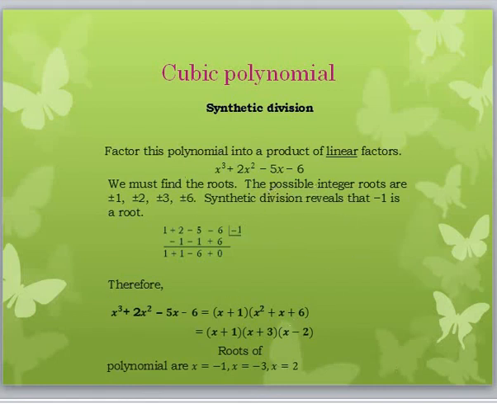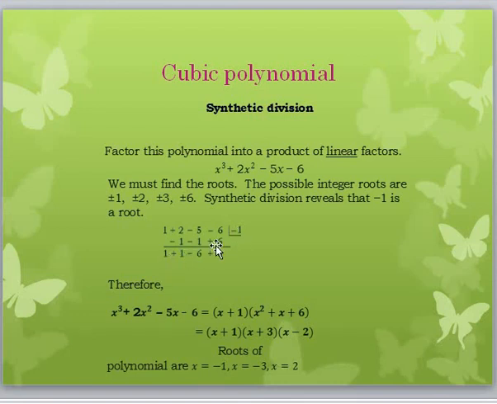So write this root here, that is minus 1, and write down here the coefficients of this polynomial. So the coefficient of x cube is 1, coefficient of x square is 2, coefficient of x is minus 5, and the last constant term is minus 6 as it is. So write down 1 here as it is. So take the cross product of these two terms, 1 into minus 1, which is minus 1, write down the term here. So 2, here is the addition. So 2 minus 1 is plus 1.